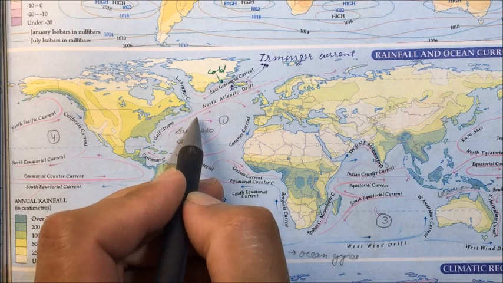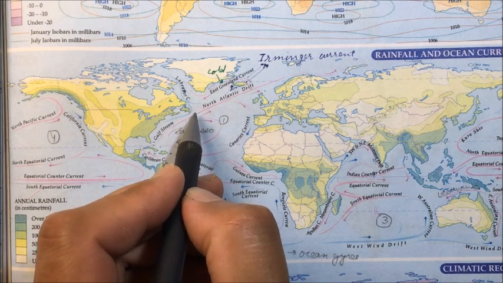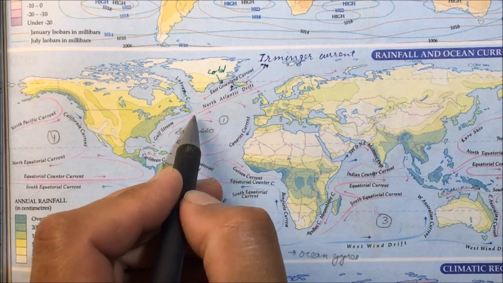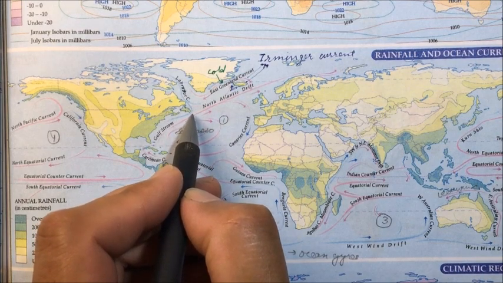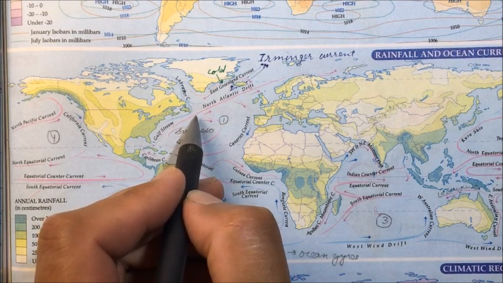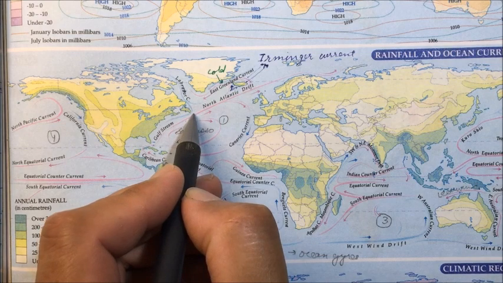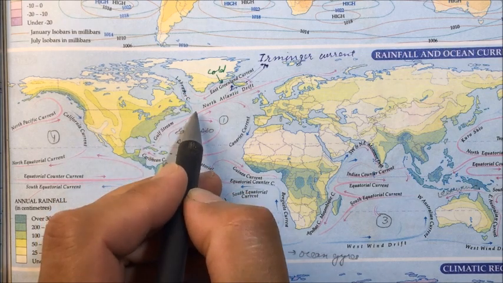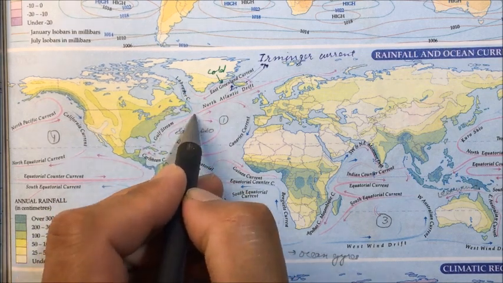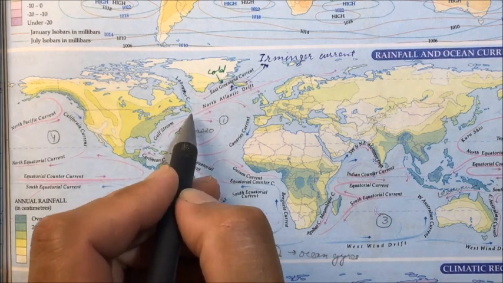and they form a very conducive ground for the growth of plankton, on which the fish feed. So these are one of the best fishing grounds of the world, near Newfoundland. So mainly wherever a cold current and a warm current meet leads to the formation of great fishing grounds.